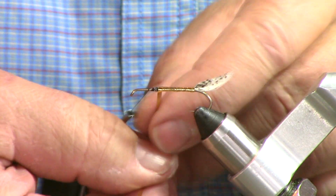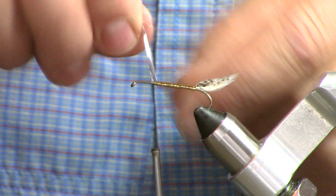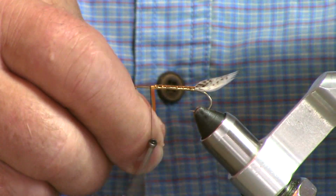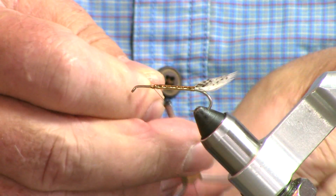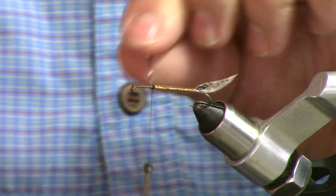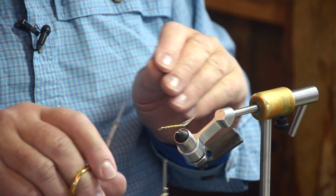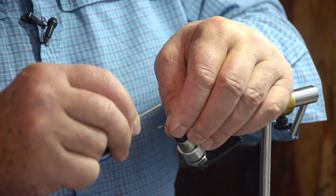We're wrapping up nicely. Going right up to our tie-in point. One wrap right up there over top of the Mylar tinsel. Capture that so we can tie it off. 2 or 3 wraps, we're good to go. Great. Okay, next,